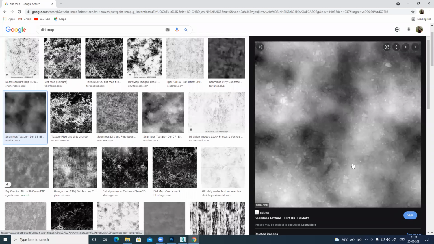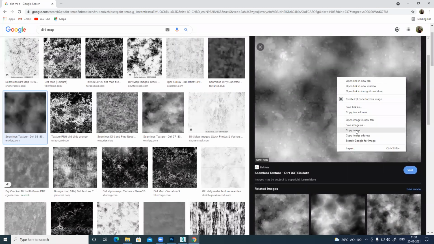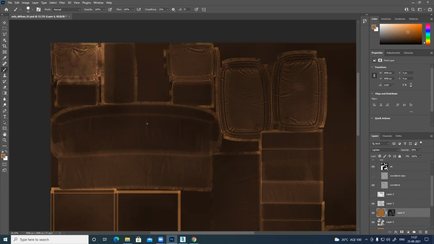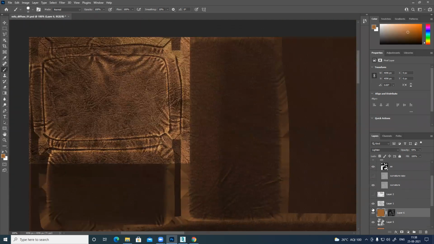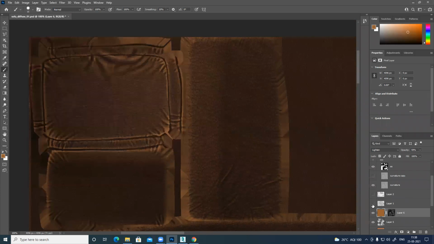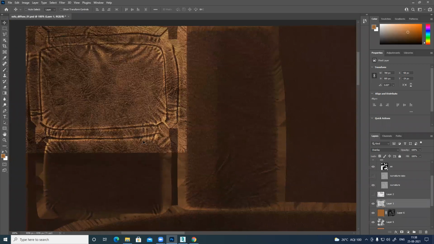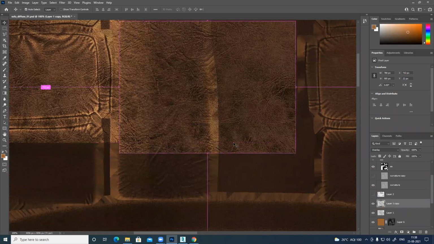Let's see. This one I have used already. So this one looks kind of nice. So what I'll do, I have copied this thing. I have used this image as one single solid big image. This time, for that bright thing I was adding, I was painting something. You can see if I add this one, I have nice tonal variation here. Cracks and everything is there nicely. So this thing, what I can do is either I can use this one, Alt, drag it, and rotate,